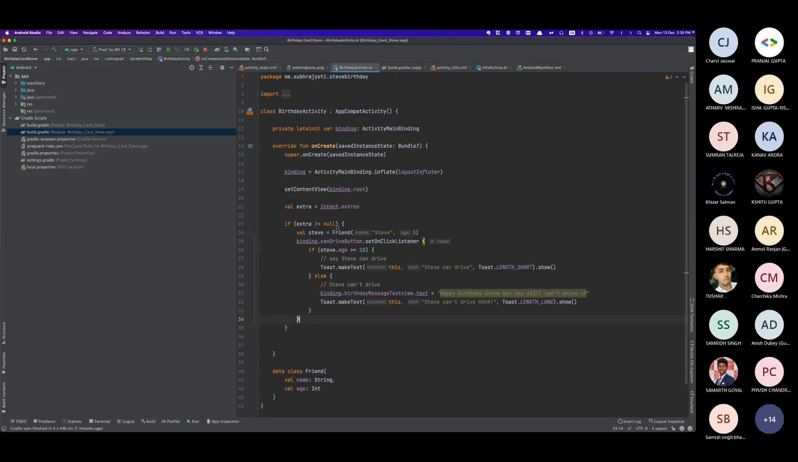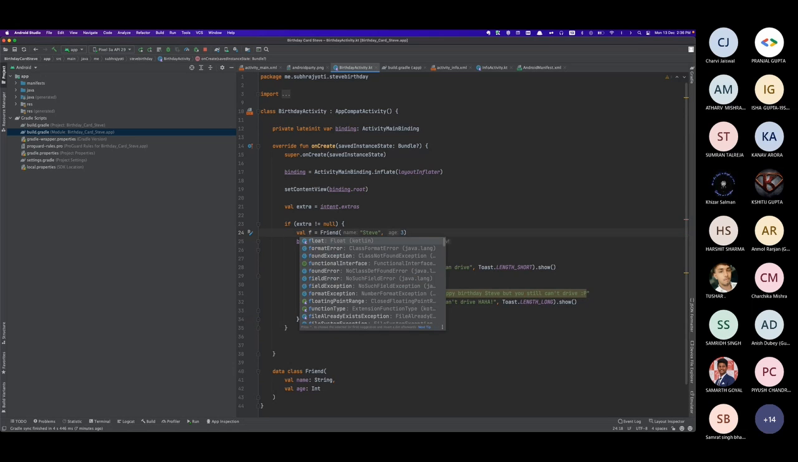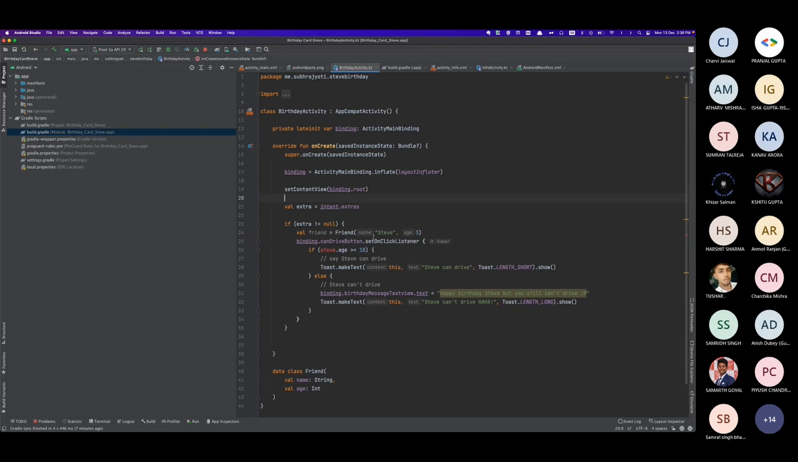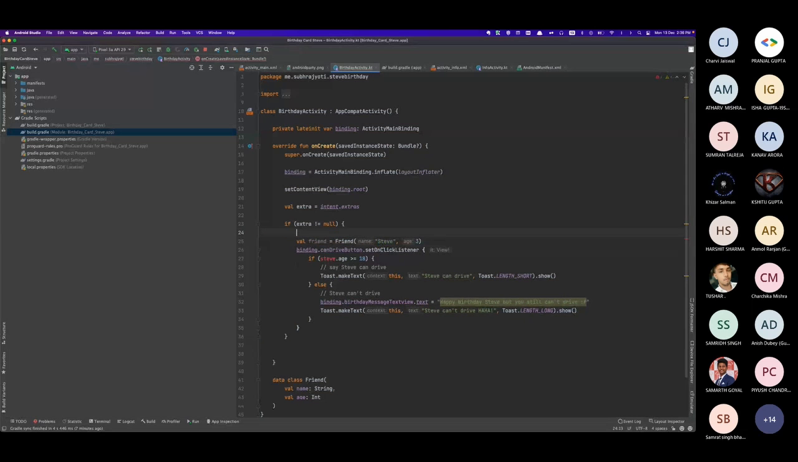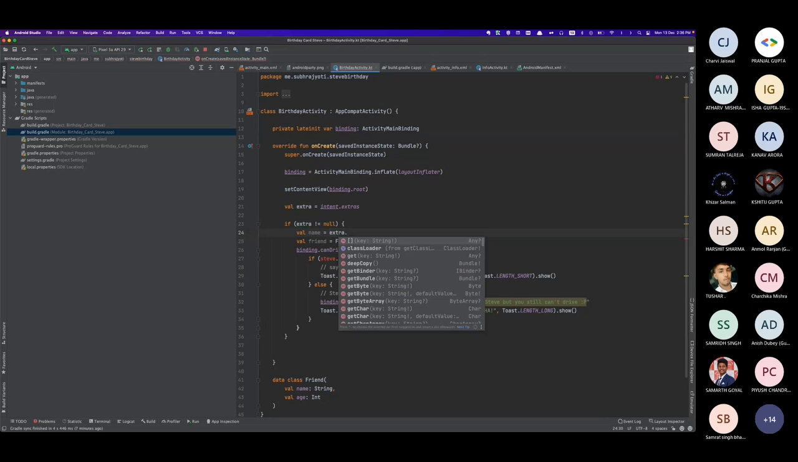OK, now we need to create this instance of a friend with the data we got. So let's change this to friend, and here we have to give the name and age. So let's get those data from our extras. Well, name equal to extras dot